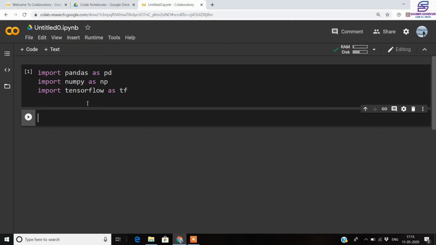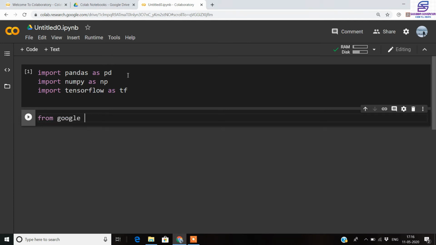Now the other thing that I wanted to show you is that sometimes it is possible that you have some storage issue on your local PC and you want to use the dataset that is available on your drive. So for that, you can mount your drive onto the Google Colab notebook directly, and for mounting the drive onto the Google Colab, you need to write two lines of code here.